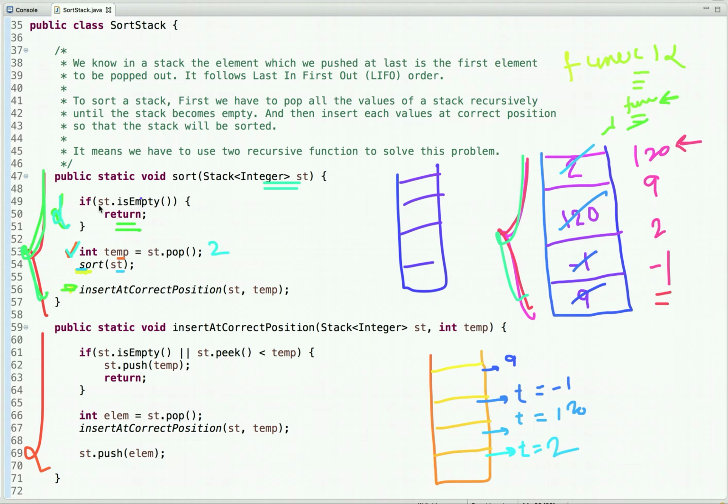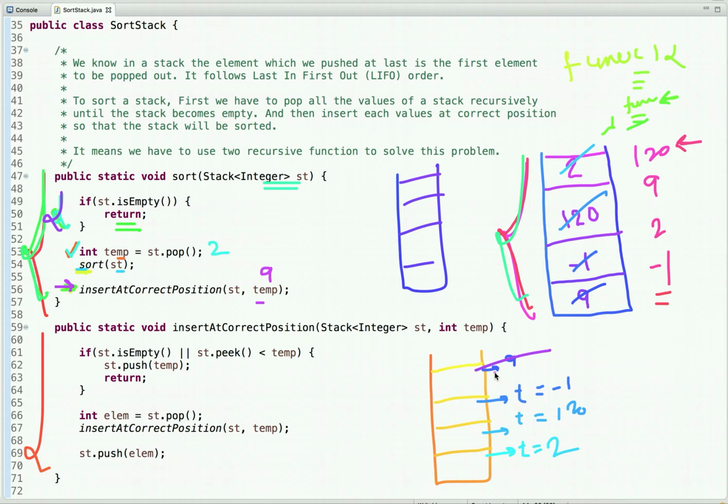This time this condition is true, and we return from this function call. So we get the answer of this function call. It is popped out from the call stack, and we reach this statement, and when we reach this statement we pass this empty stack and this temp value, which is 9. The last function call which was pushed in the call stack is the first to be popped out, is the first to be completed.